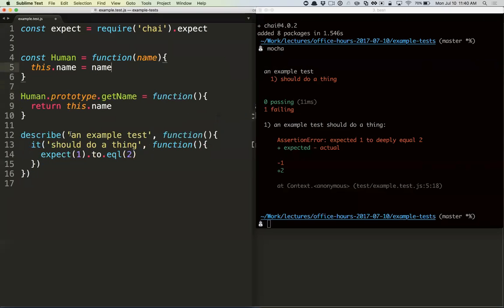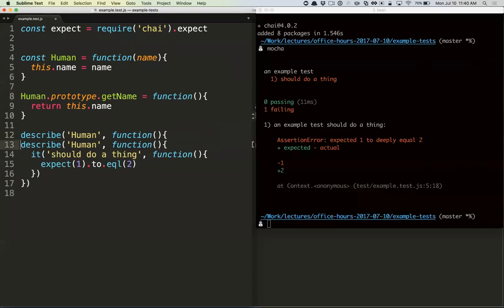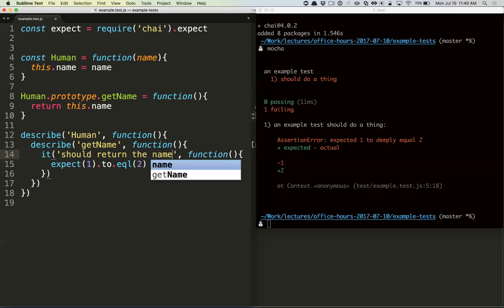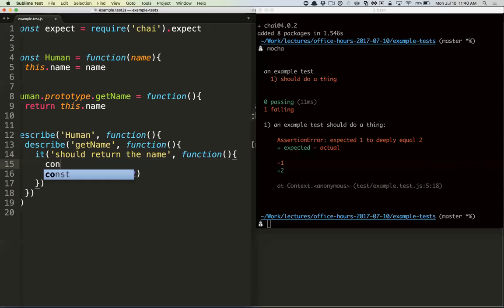Okay, so we're gonna test this human thing, and then we're also gonna test get name, and we'll say it should return the name. So here, if we did this normally, we'd say